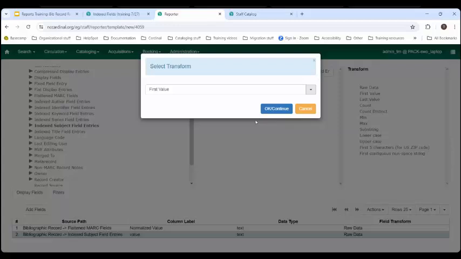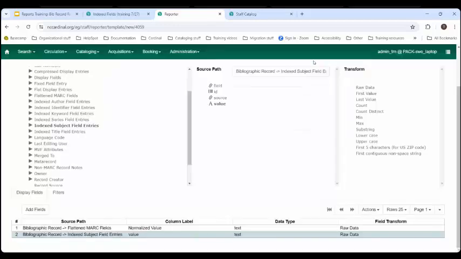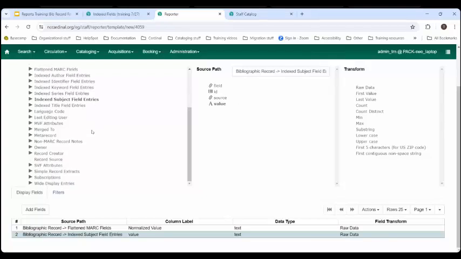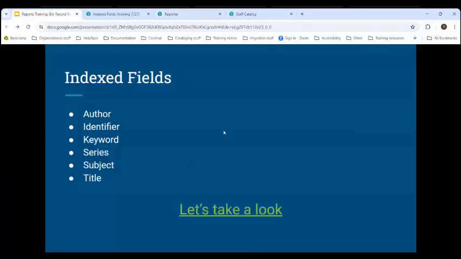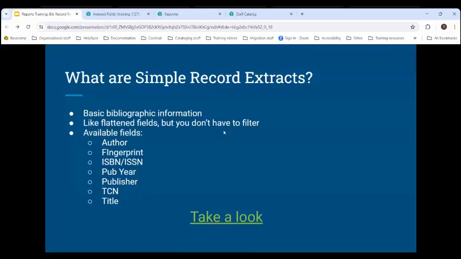Let's see, Deborah asked, what if you need to find a particular author? What do you recommend to use? And that's what we're going to look at next, is the best way to do title and author information. So we've kind of whittled down, we've started at the most complicated and we're moving to the simplest. And the simplest is the simple record extracts. So let's talk about these because this is going to be the easiest way to get the most common information that you want. So the simple record extracts are basic bibliographic information